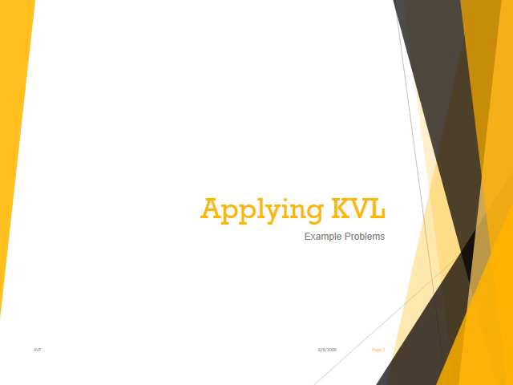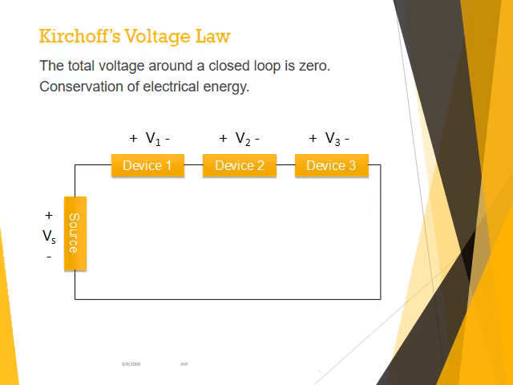This unit is about Kirchhoff's voltage law and how it can be used in circuit analysis problems. Kirchhoff's voltage law states that the total voltage around a closed loop is equal to zero. This is a direct outcome of the principle of conservation of energy, and it is an integral part of any